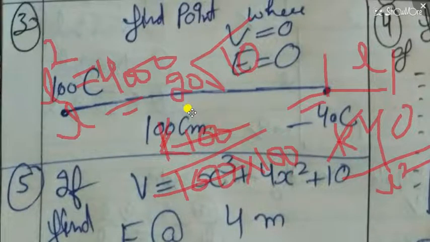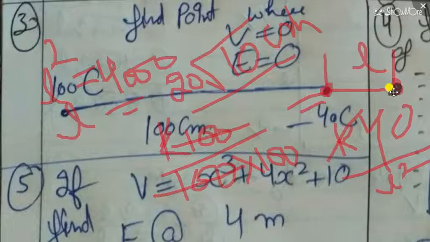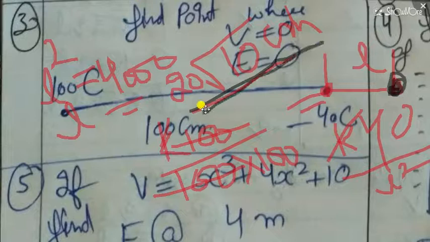So this is the value of L in centimeter. So this point is 20 root 10 centimeter away from the negative charge towards right. You have to also mention whether it is towards right or towards left. So towards right electric field is 0, so this will be the answer, 20 root 10 centimeter. I hope this is clear.